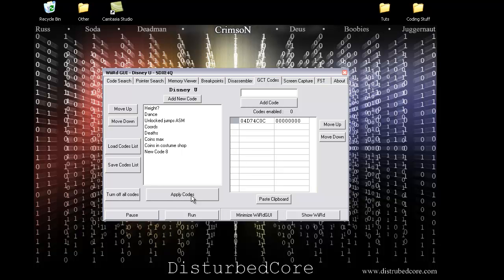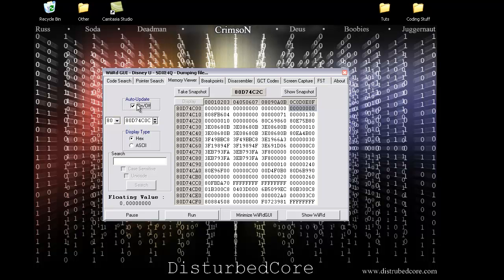So there are two ways in this video that I'm going to show you how you can get around this. One of the ways is breakpointing on that address and reading the assembly, which will tell you quite a bit. And the assembly usually doesn't move in games, but if it does, you can just F6 it. And then my other way is F6 too. So let's go back to this address, memory viewer,